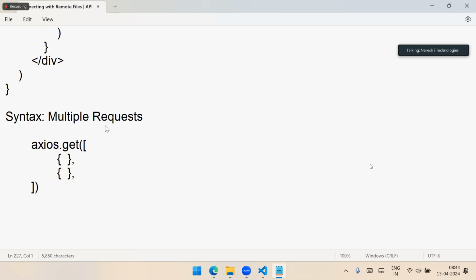That means what is the point? You can have more than one request at a time. Usually it is not supported in others. You can make only one request, but it can create multiple requests and send the response. That's not required every time, but sometimes it is very important, because sometimes what we do, for example, we have